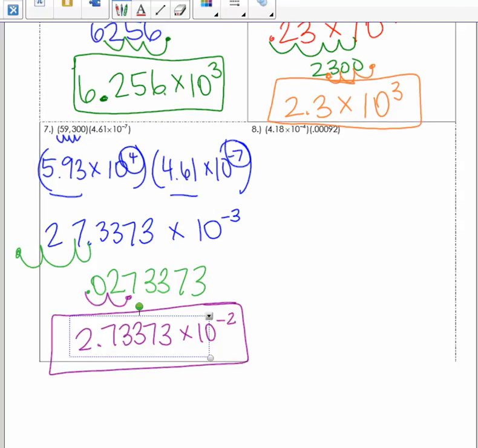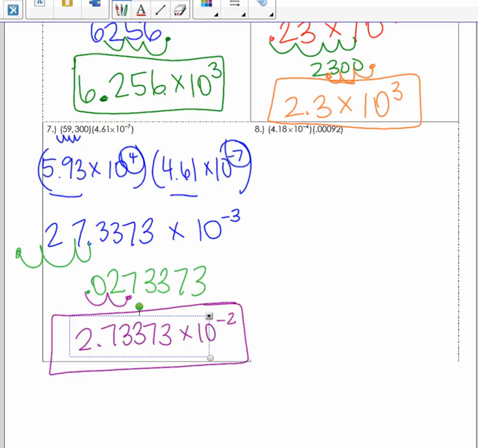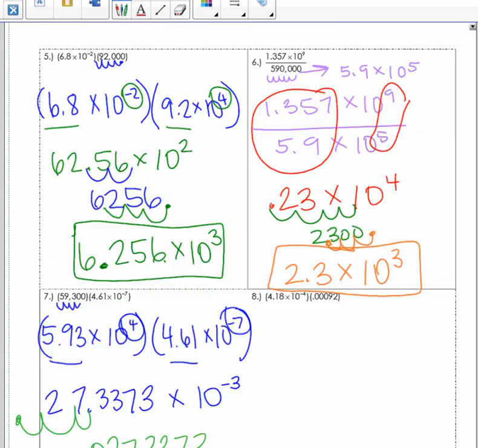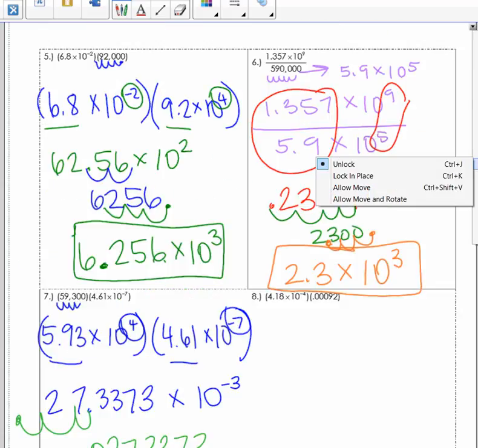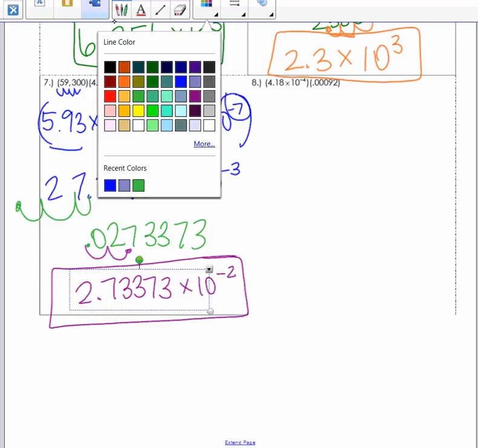All right, last but not least, we need to convert here. So this is going to move 1. Hold on one second. There we go. All right, so for number 8,